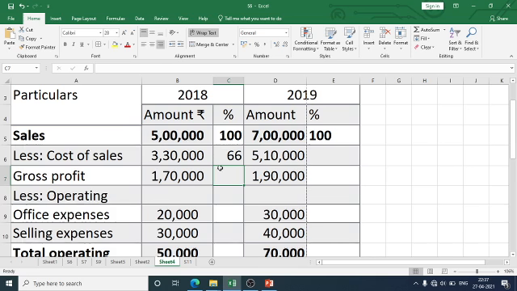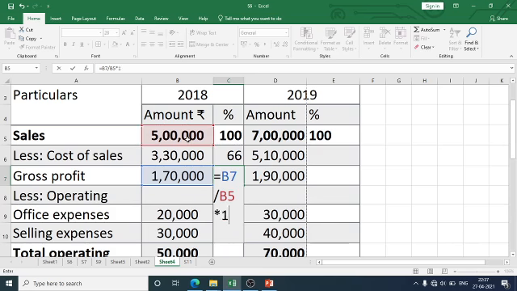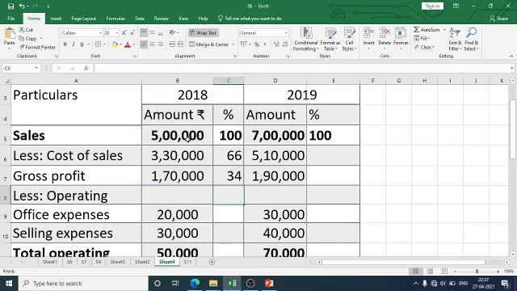Similarly, the gross profit can be calculated. So first we will finish 2018. Same calculation. 1,70,000 divided by 5 lakh into 100. So fine, you will get 34%. Next, for office expenses, 20,000 divided by the base 5 lakh into 100. So we'll get 4%. Next, for selling expenses,